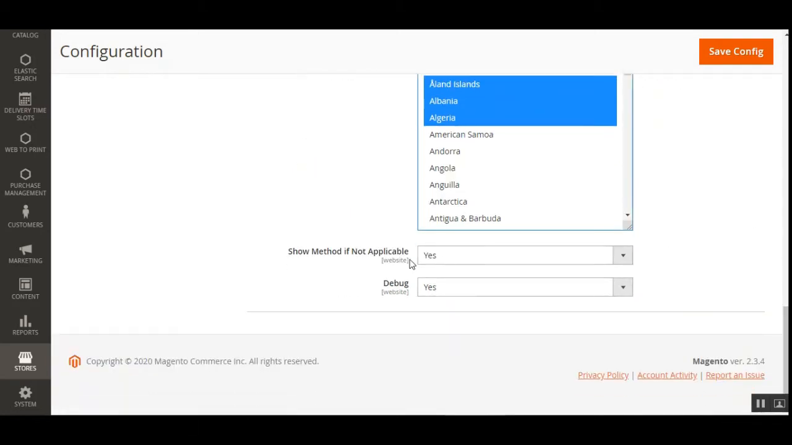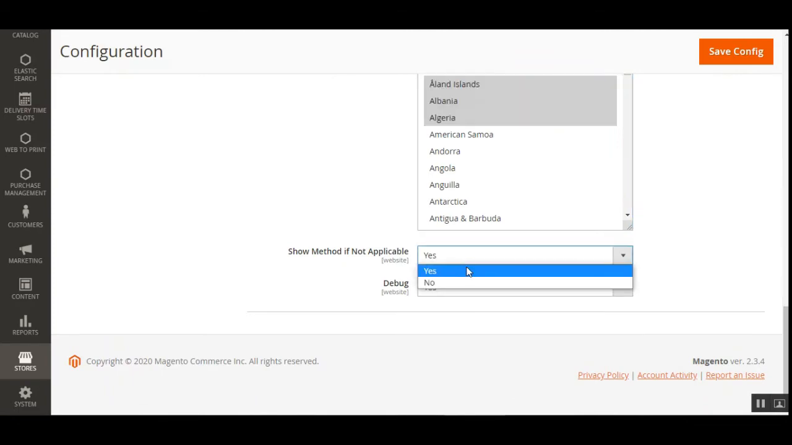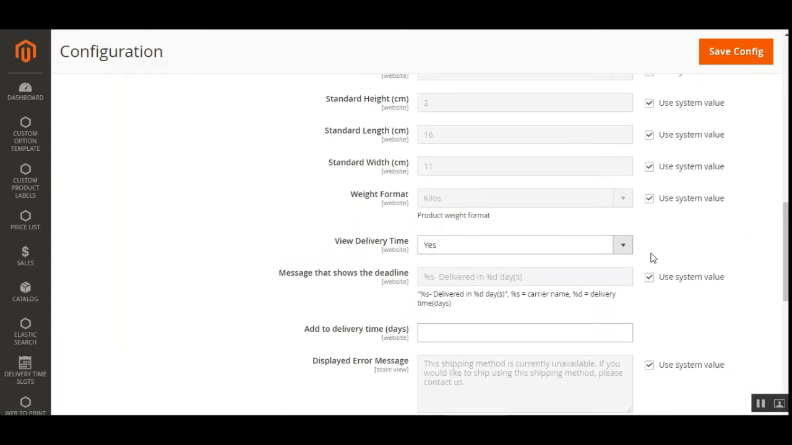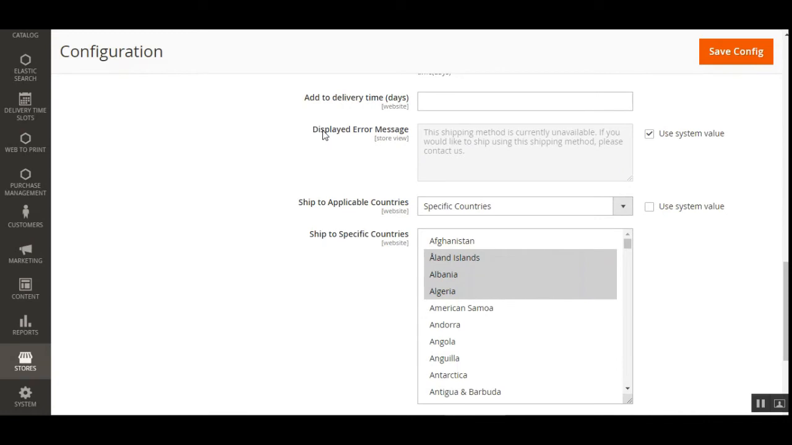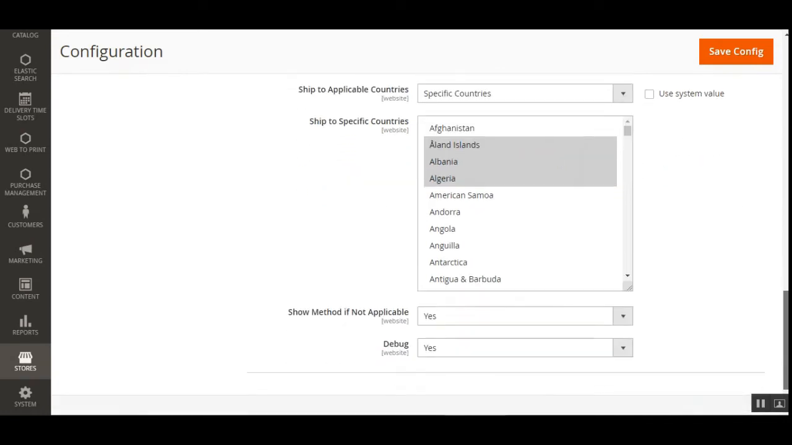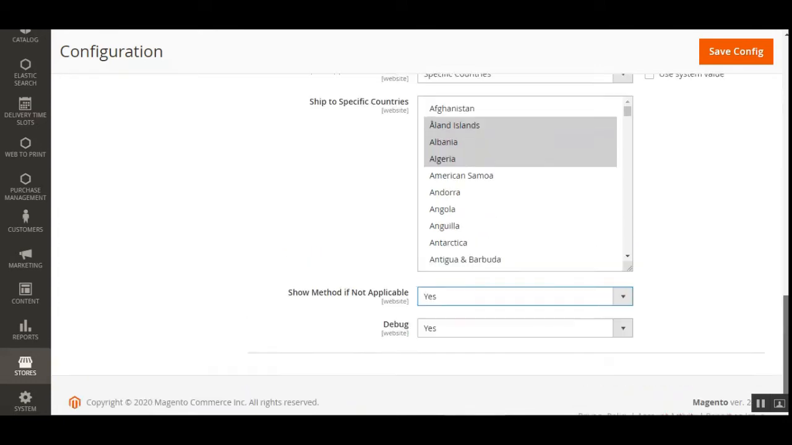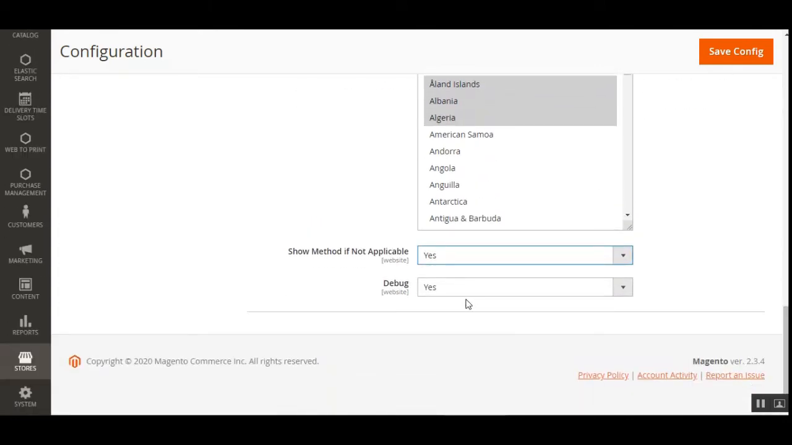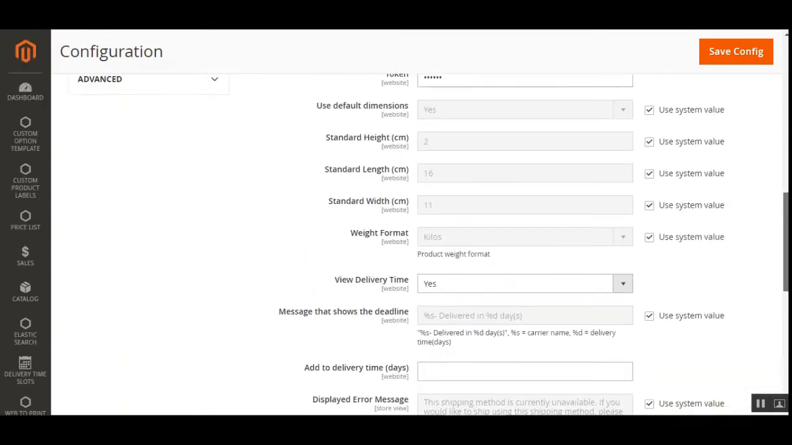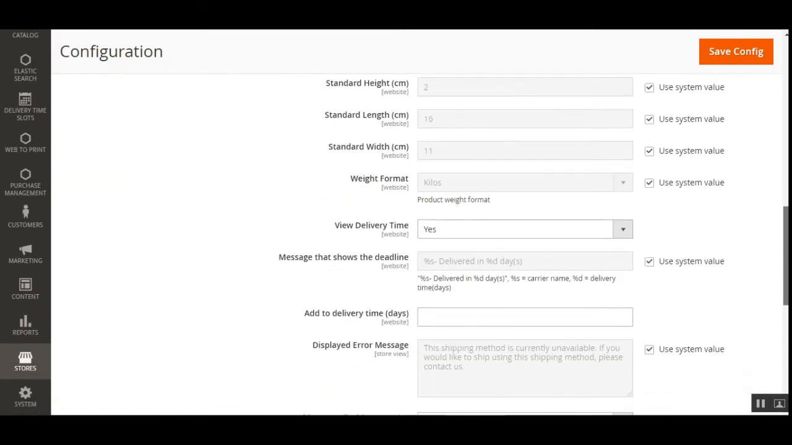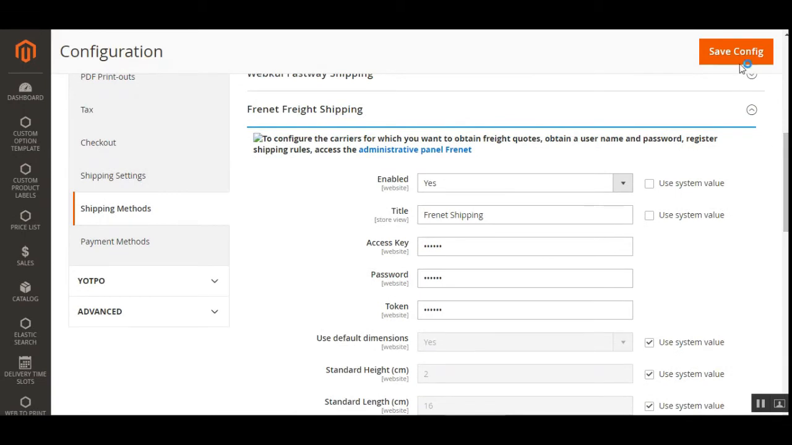And lastly, we can choose to show the method if not applicable. So if we choose this as yes, then the display error message would be displayed to the customer. Otherwise, if you choose this as no, then the shipping method would not be visible at the front end. And lastly, you can set up the debug as well for the Frenet configuration. So after your configuration here, you just need to tap here on the save config button, and that will save your Frenet